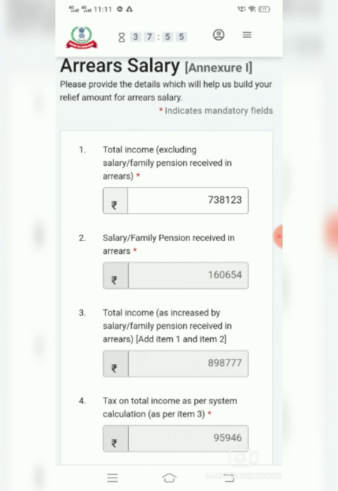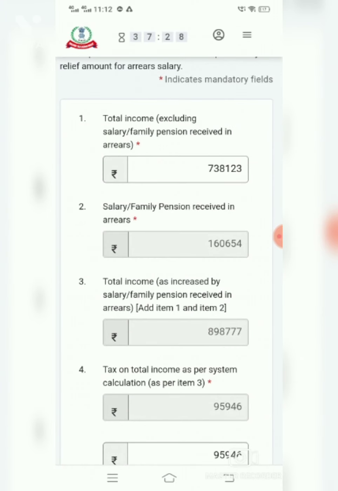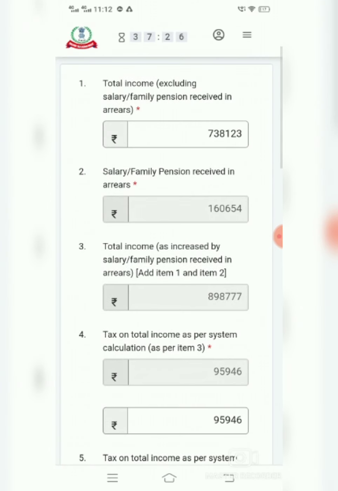Here I am giving this detail. I am filling this ITR for assessment year 2021, financial year 2020. So here, for financial year 2020, my taxable income is 738123. I have filled that up. Then salary, family pension received in arrear.